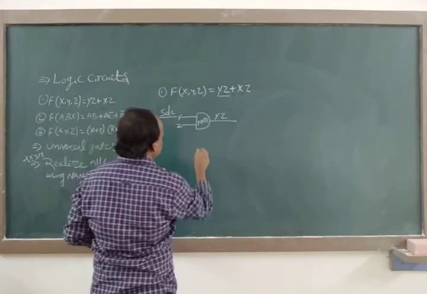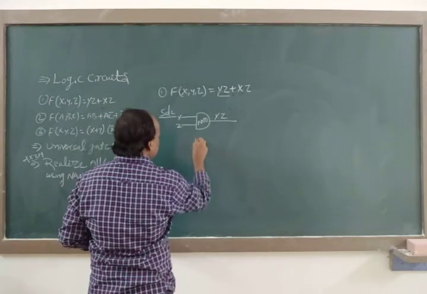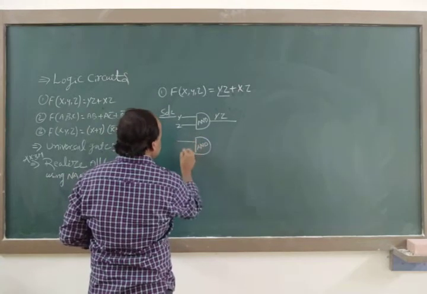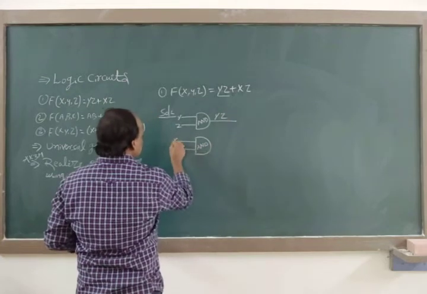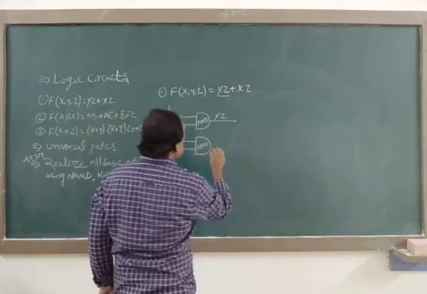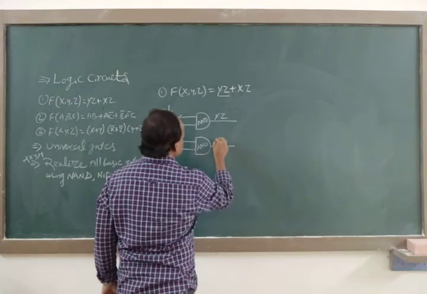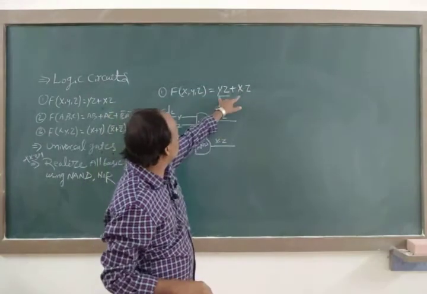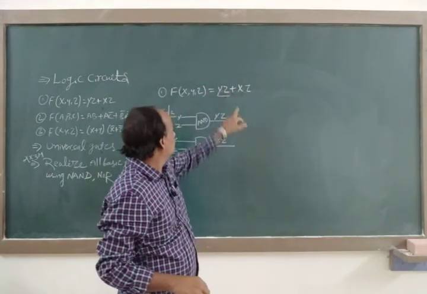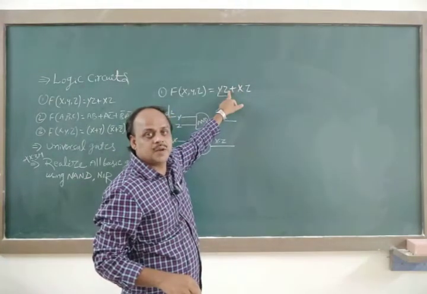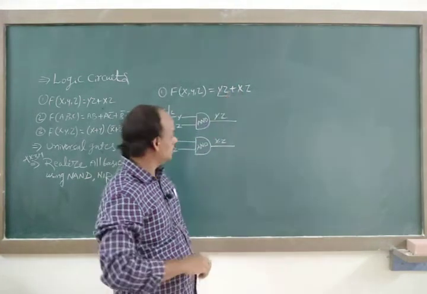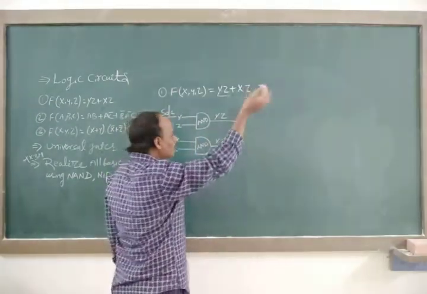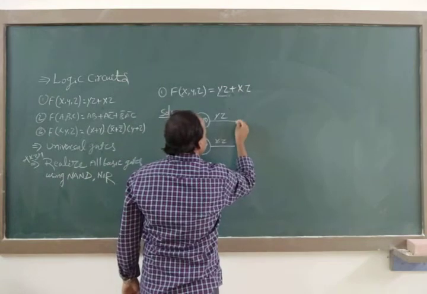Similarly, for the second term also consider one more AND gate. When it is an AND gate with inputs x and z, we are going to get the result as x into z, right? So between these two terms the plus operator, that is the OR operator, is there. Therefore we have to take these outputs as input to the OR gate. That's why consider here